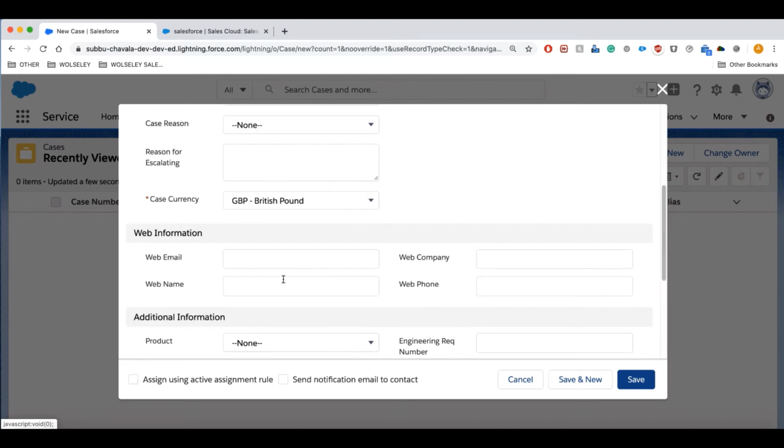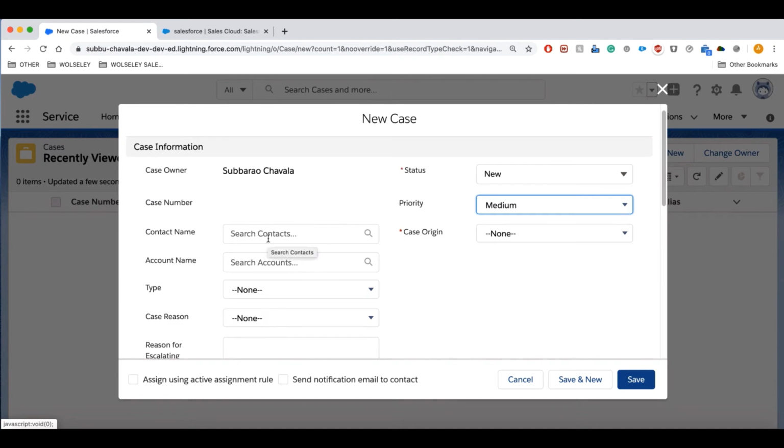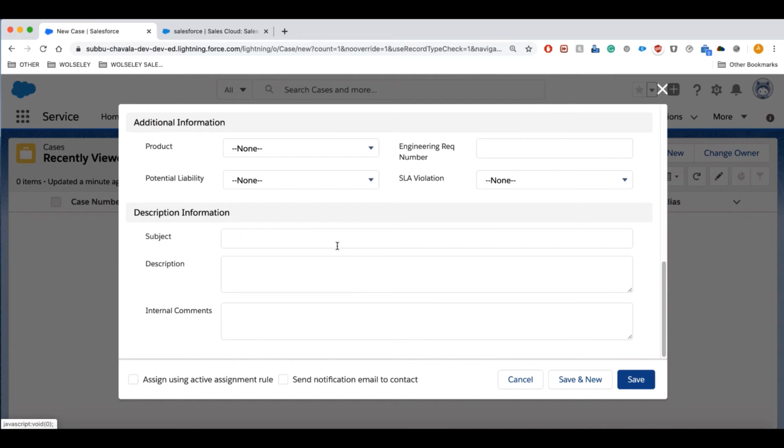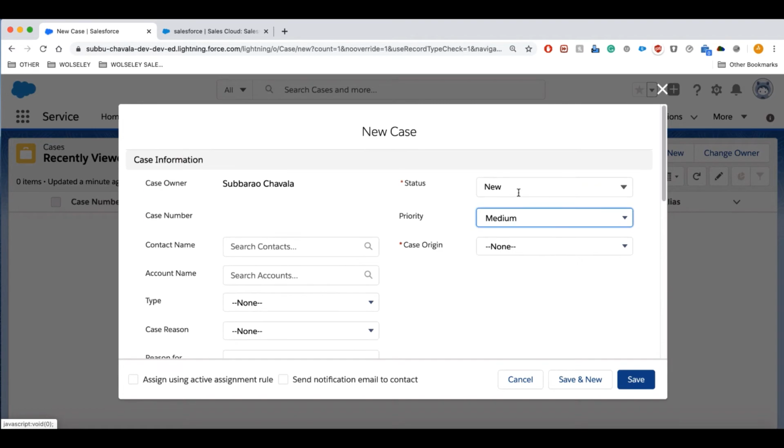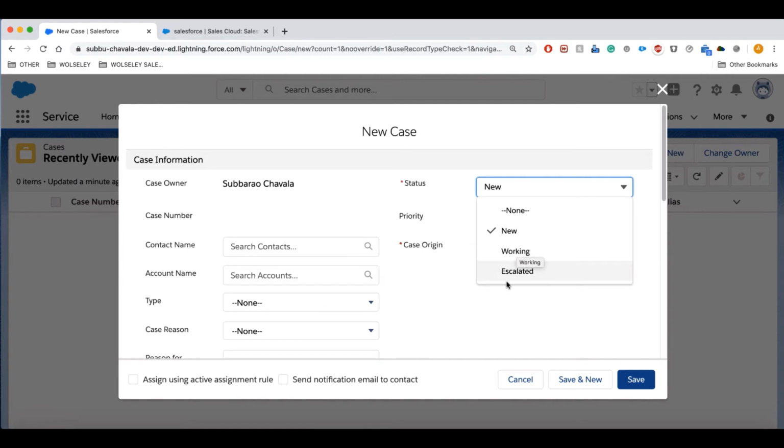The contact field stores the contact information for the customer who logged the case. The subject and the description fields hold a summary and a longer description of the problem in the customer's own words. The status field holds values such as new, working, escalated, or closed. These describe the urgency of the case. We can also see the pick list values, such as closed, priority, etc. So these fields describe the urgency of the case.